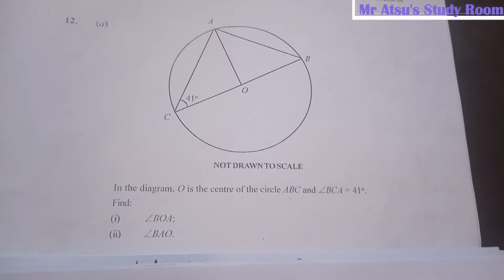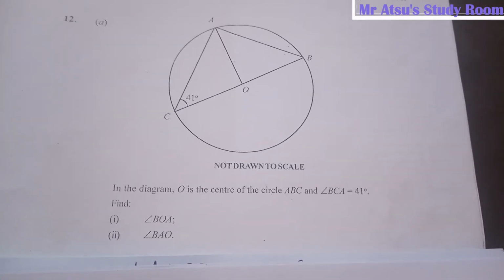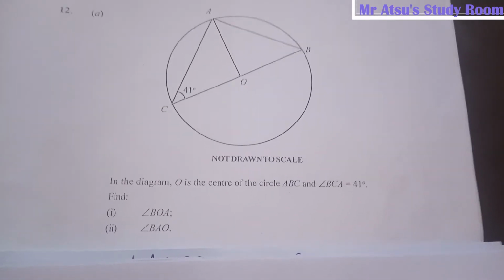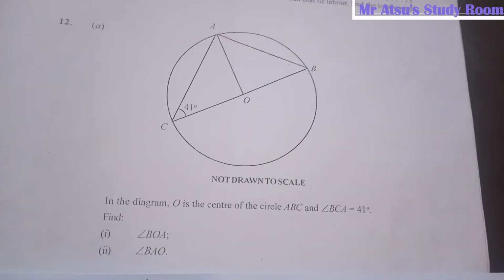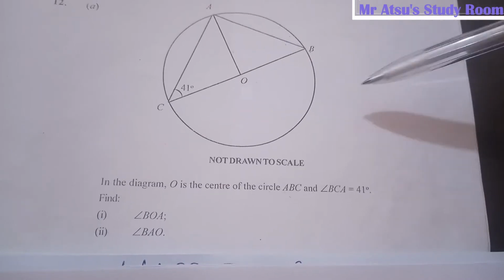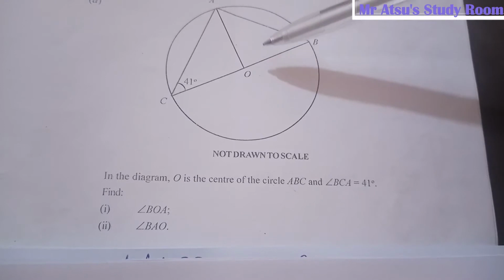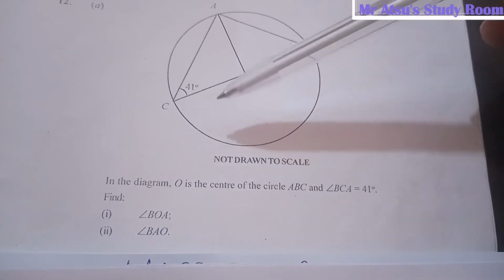Find I, angle BOA, and II, angle BAO. So these are the angles we are looking for. Angle BOA, which is here, and then the second one,